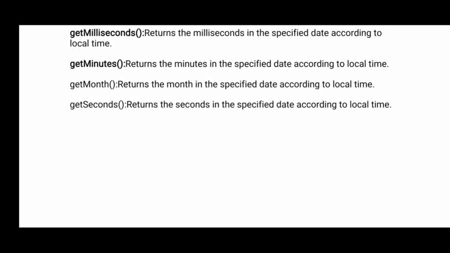But whatever information you are getting from the date object is based on your browser window date and browser window time. If anything is wrong in the browser window, wrong information will be displayed.